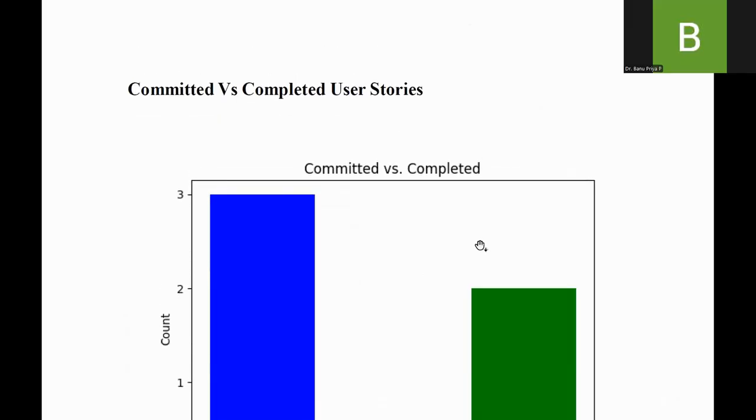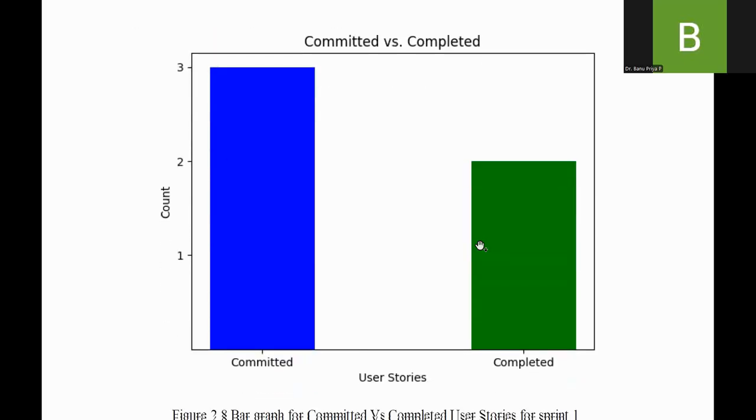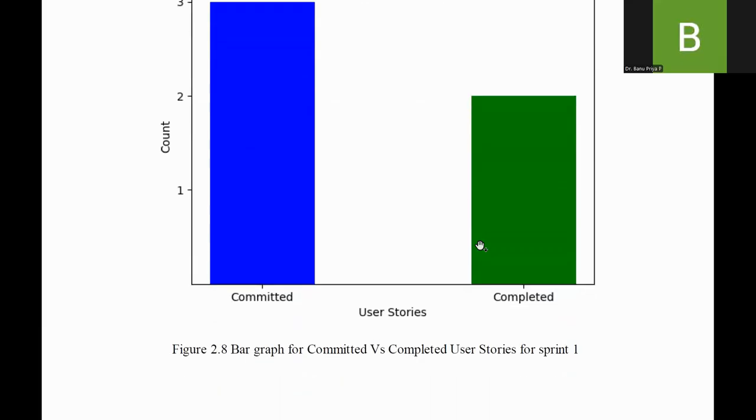Okay, the final one: how much is committed versus completed user stories. Let's take, we have said we'll be completing it within 2 weeks. In the period of 2 weeks, we'll be completing 3 user stories. Let's say we have completed only 2, no issues. Committed versus completed, you can even extend that to the next. That is why Agile practice is always a flexible timeline one.